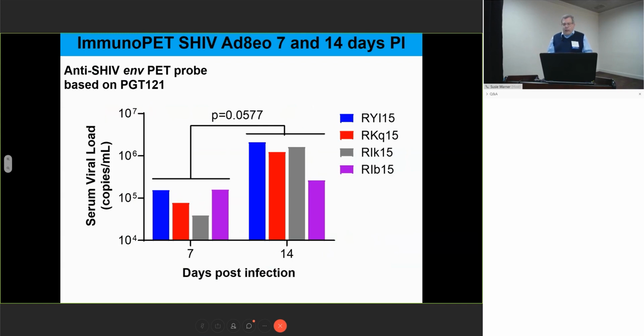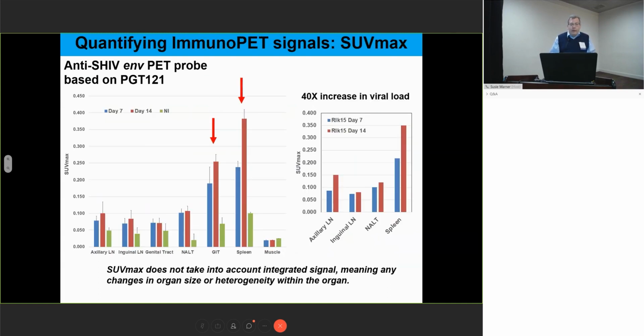So there's variation. So the question is, when we're imaging these individual animals, can we actually detect where that variation might be coming from? Can we build a hypothesis in terms of where variation's coming from? If we use SUV max, you can get small changes, and it certainly looks like you're seeing changes in the spleen and in the gut that are large, and that's good to see. The question is, are those really the most important ones?